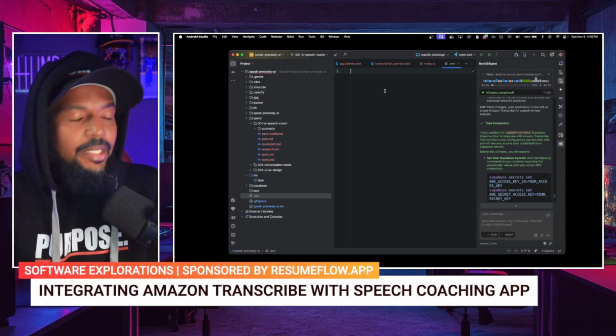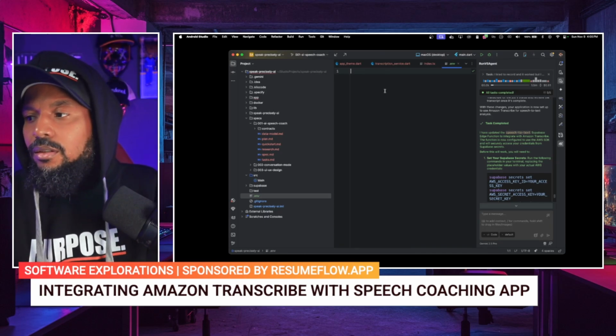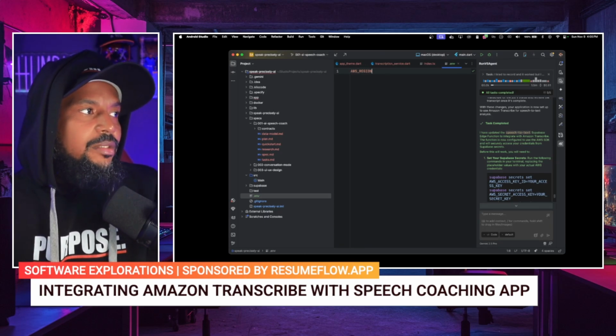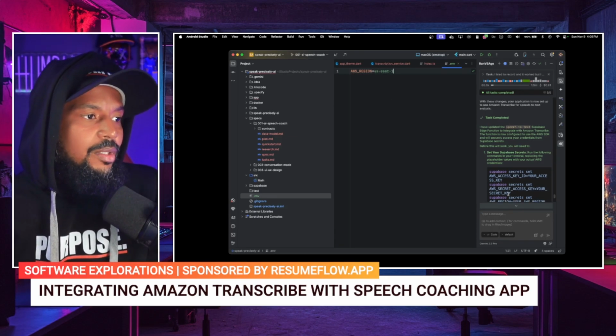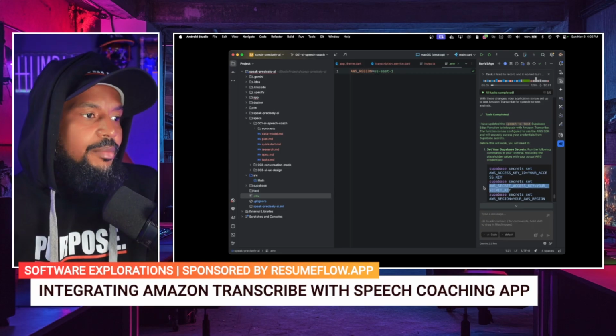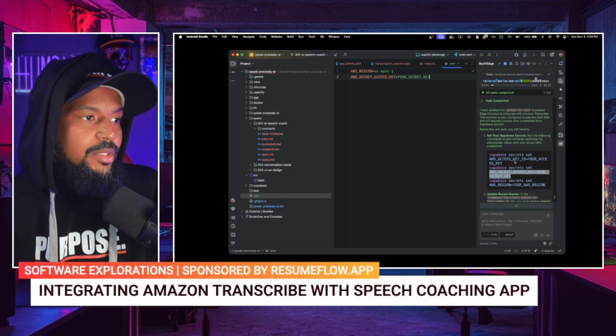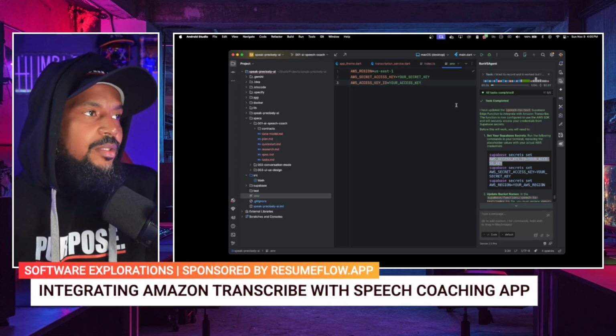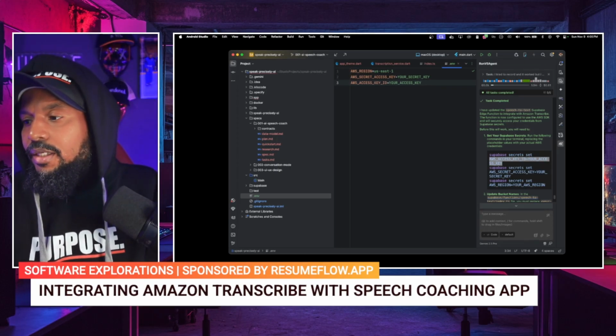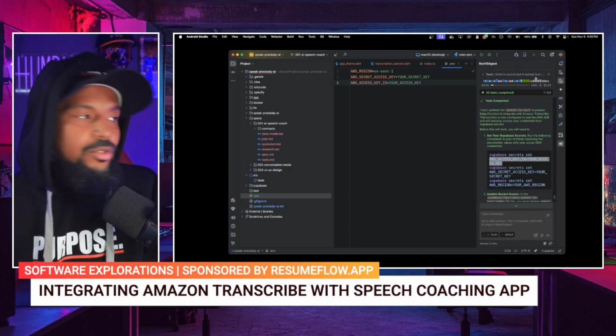Here we're gonna say AWS region equals us-east-1. And we're going to add this AWS secret key as well, and we will put this AWS access key. And then they say to restart Supabase,